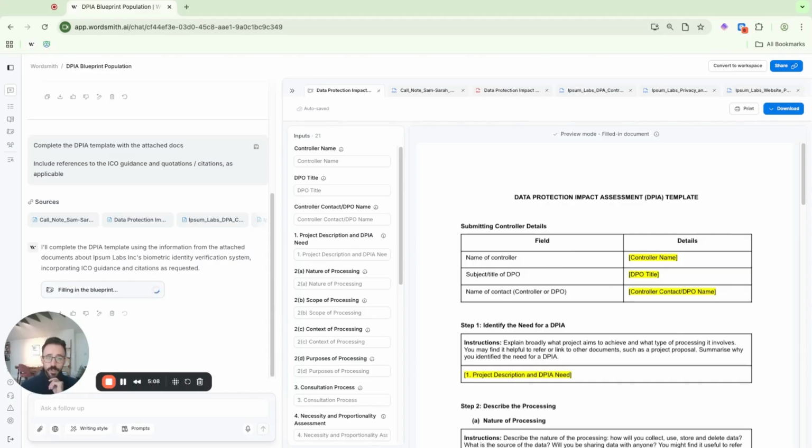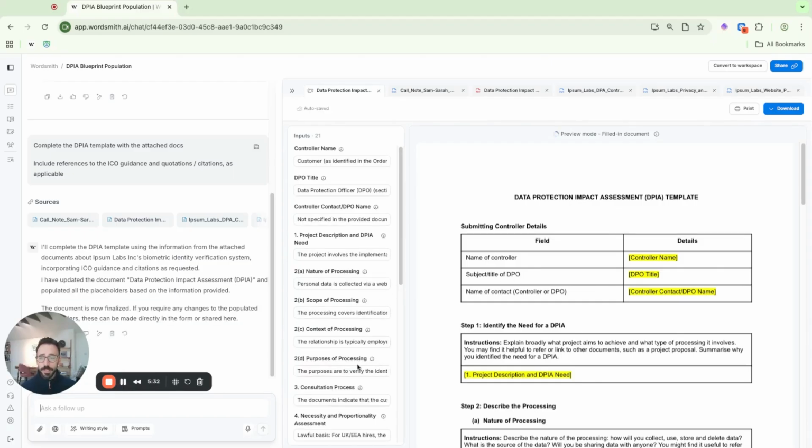Whilst it's doing that, I'll just talk to how you can edit it, because obviously you may have certain ways that you want to change the tone of voice or add in extra information, or you may do a first draft and then find you have more information to add in, so you can come back to it. And there's two ways. If you're preparing to download or export this somewhere, you can go in and just edit these boxes here. But what I think is probably the best way to do that is to ask follow-up